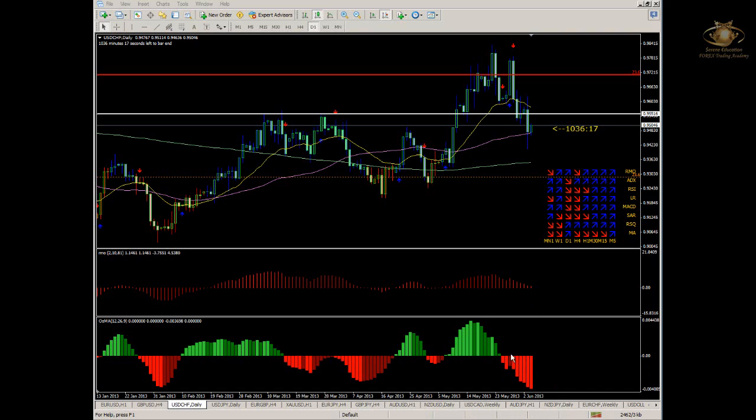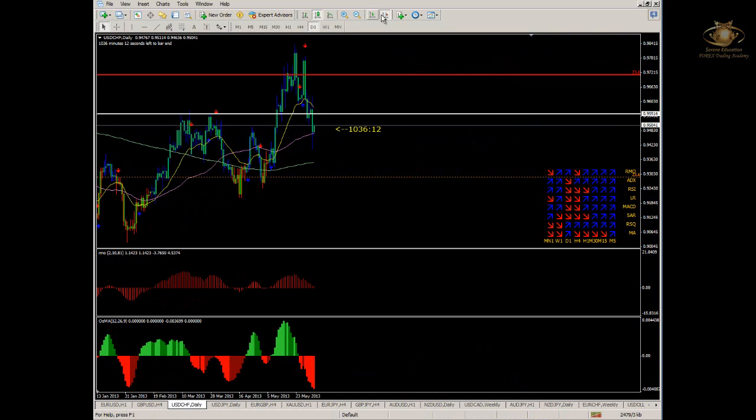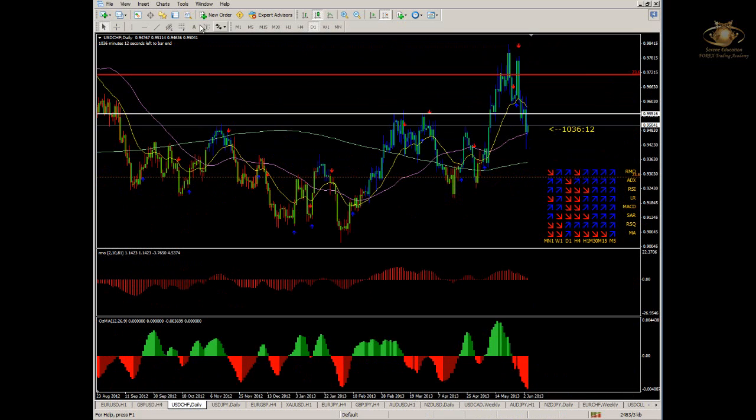You can notice that the MACD is very well below the zero line. RMO is still above the zero line, so we're still very much in an uptrend. However, price is starting to wane now. If I take the current low and move it up, you can see swing high. We are looking towards this area over here, but you can see quite clearly the price support and resistance level